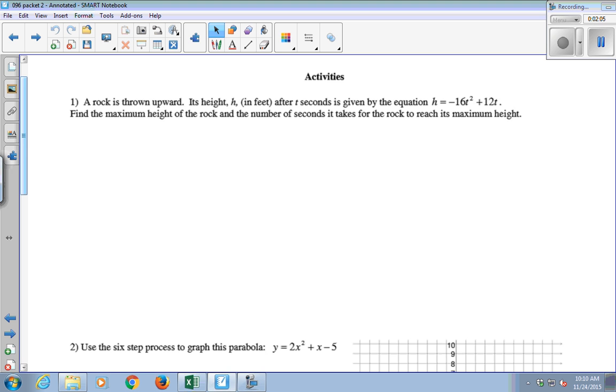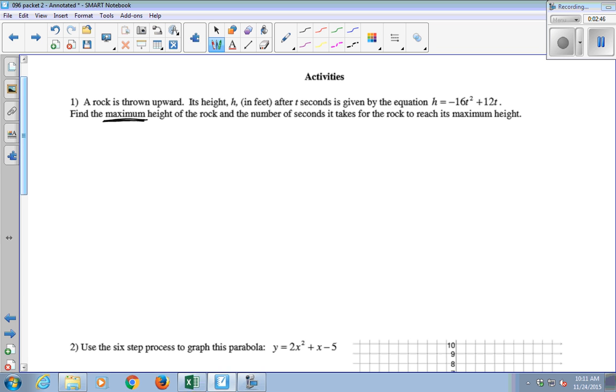All right, so a rock is thrown upward. Its height, h, in feet after t seconds is given by this equation. h is negative 16t squared plus 12t. So t is just how long after you threw it, and then it calculates h, the height of the rock. I want to find the maximum height of the rock and the number of seconds it takes to reach its maximum height. Maximum, right? That's a word like largest, maximum, biggest, those things, or if you said minimum or smallest,